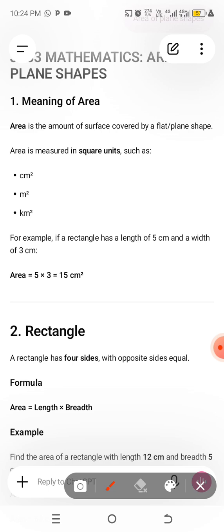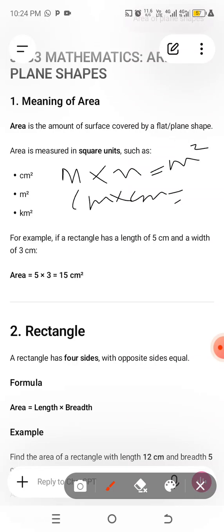Area is measured in square units. Just like you say meter times meter equals meter square, centimeter times centimeter equals centimeter square, kilometer times kilometer equals kilometer square. So when you are finding the area of something, area